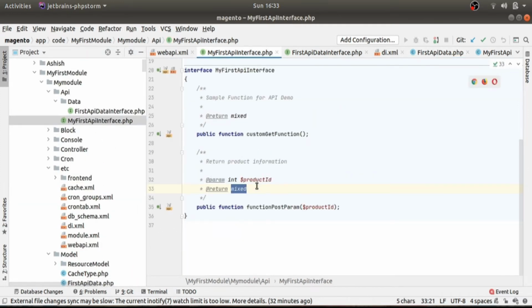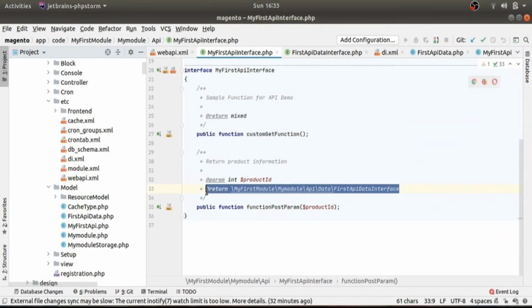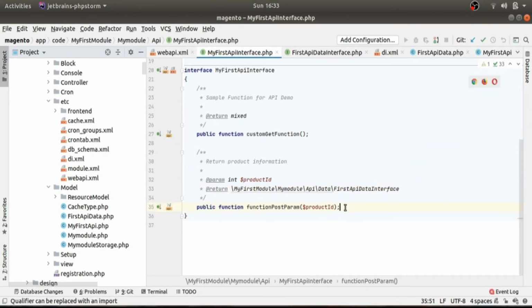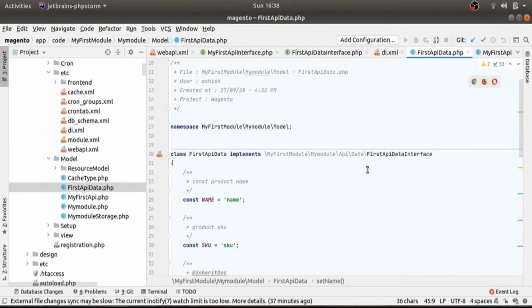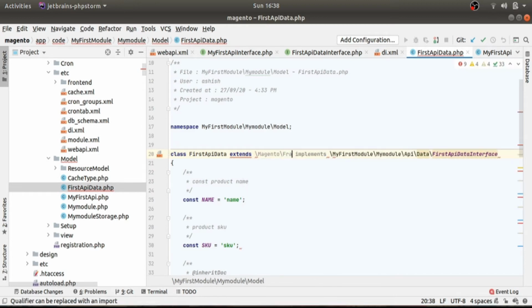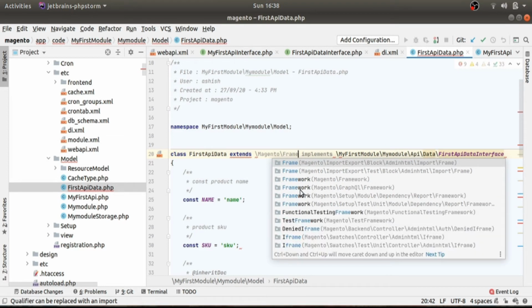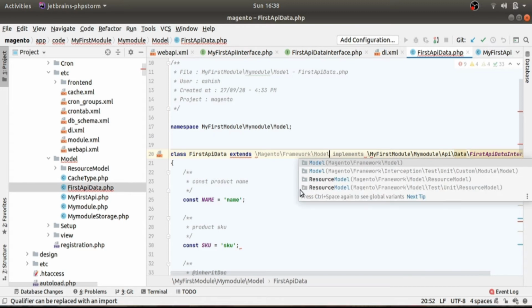Now it's time to change our return type in my FirstApi interface. Update our model class to extend from the abstract model. Abstract model has the getData function which will help to get the data from a specific attribute in the current object. We will see more detail about this in our future videos. So let's update our code to use the getData function.